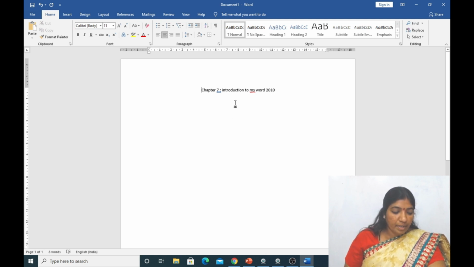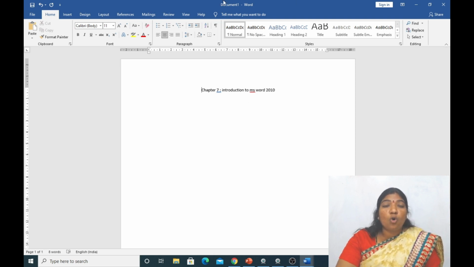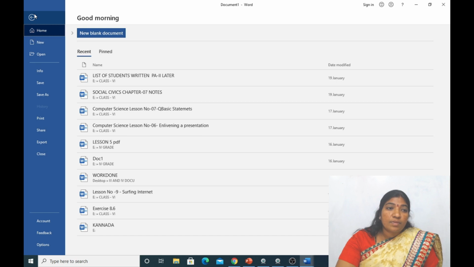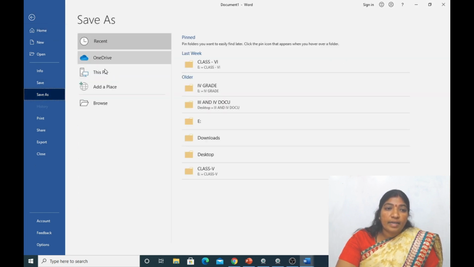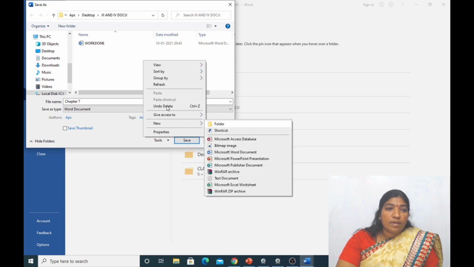Okay. This is all about creating a new document. After this, I'll go to saving a document. Is it possible to save a document we have entered? For this, you have to go to File. There you have to choose Save and then go to the drive where you want to save it. Just I'll select a new folder in the desktop.